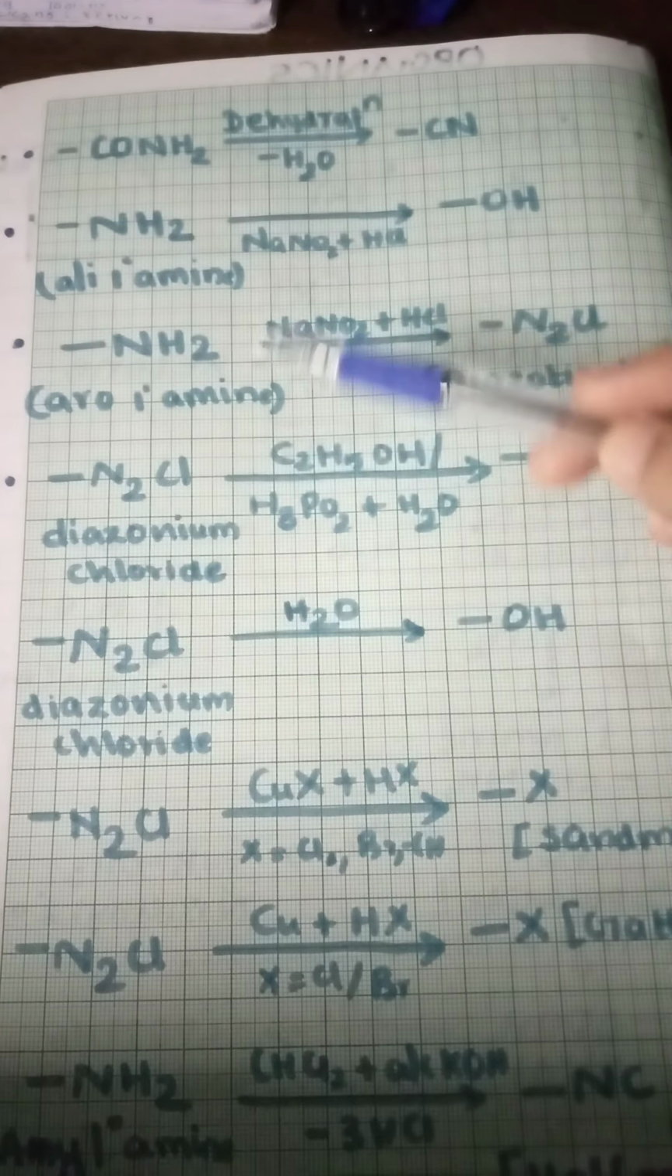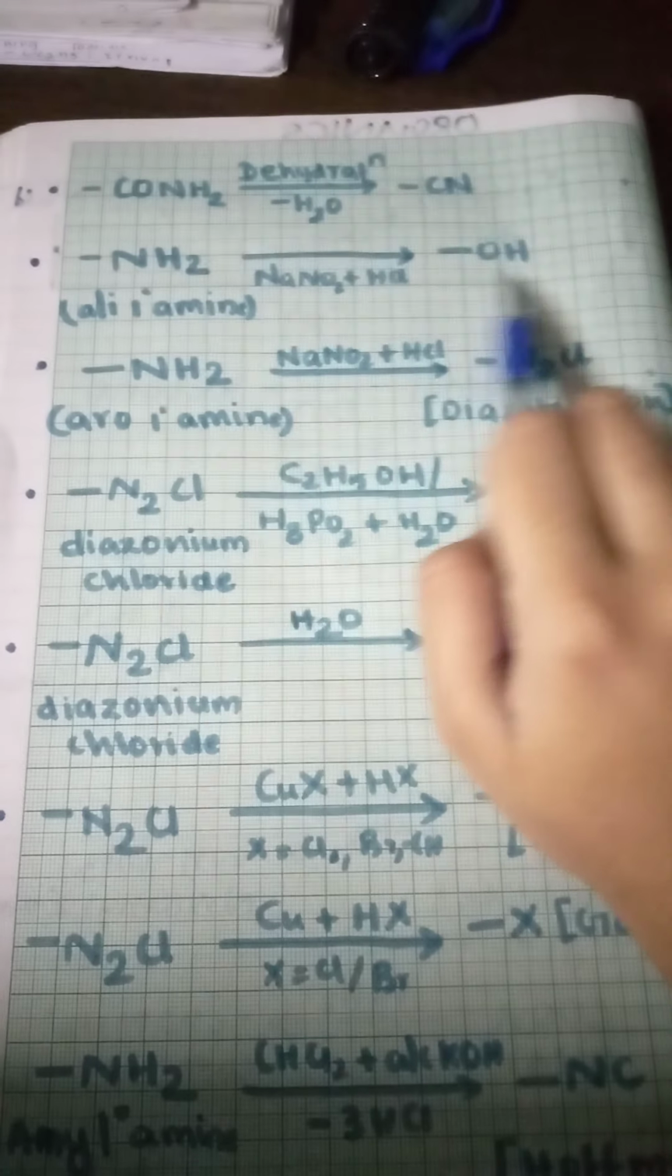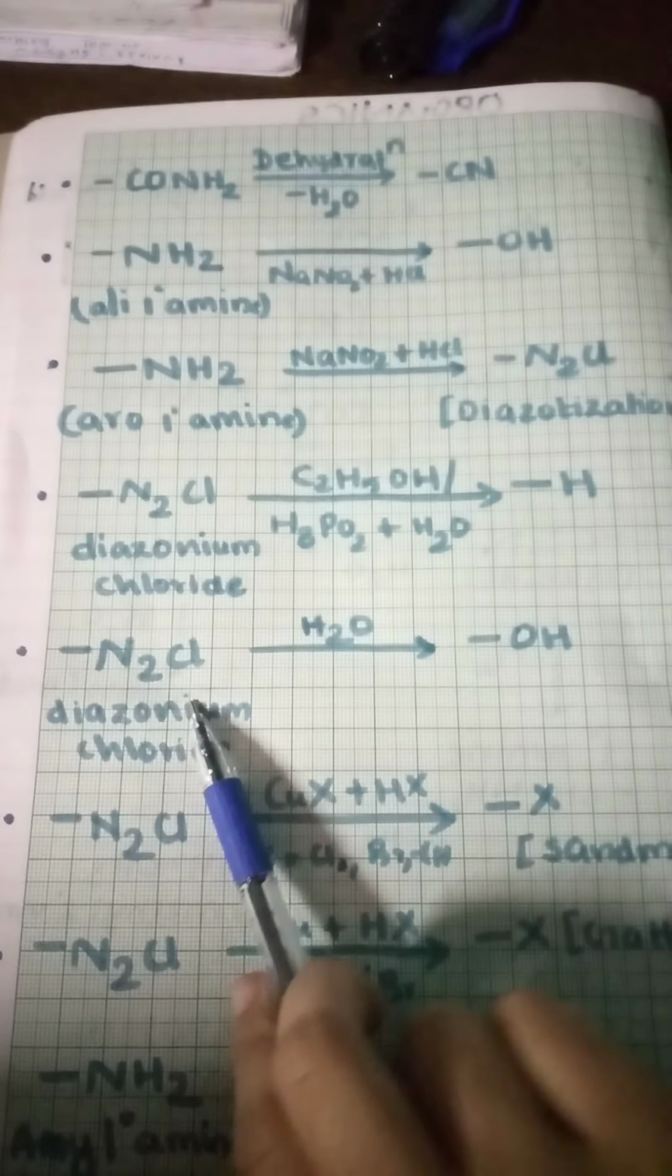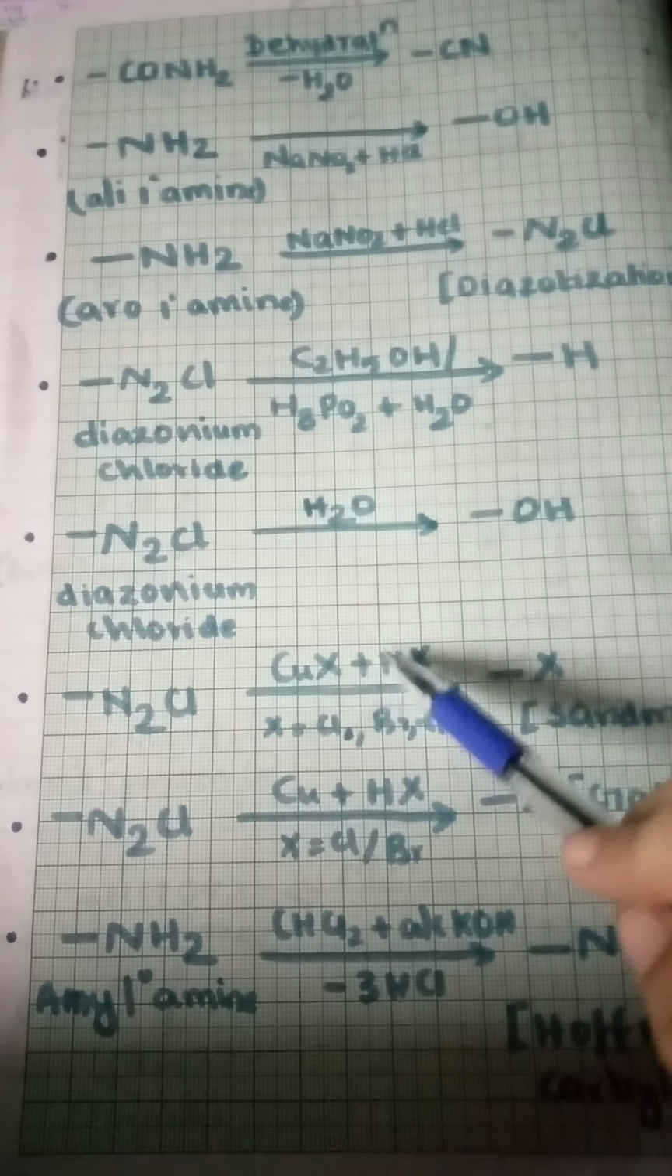Here we took NH2 and NaNO2 and HCl to yield OH, that is, alcohol. Here we took N2Cl and hydrolyzed it in order to get the alcohol. Okay, that's one part. Then the next part is N2Cl. N2Cl is diazonium chloride. This diazonium chloride, in the presence of copper halide and hydrogen halide,